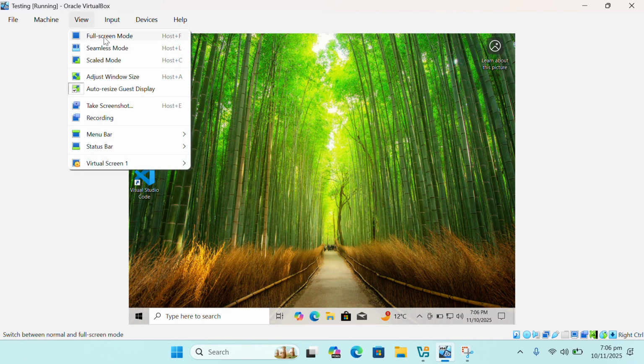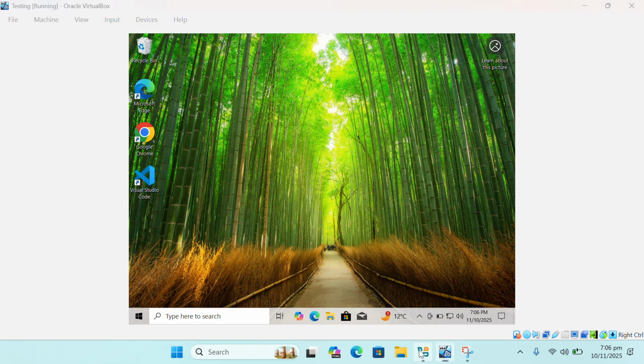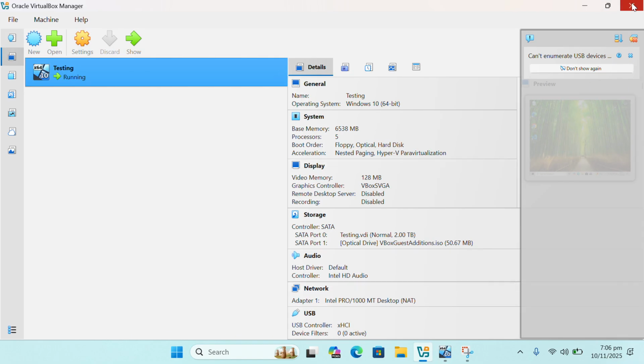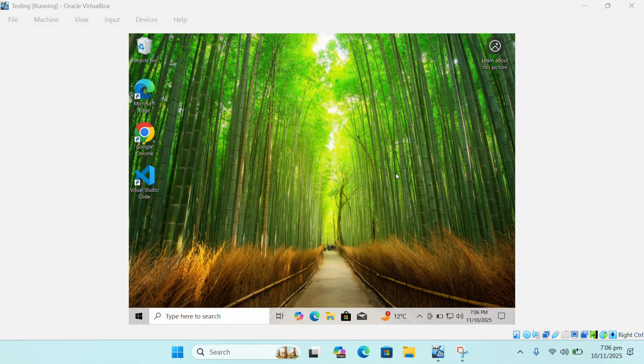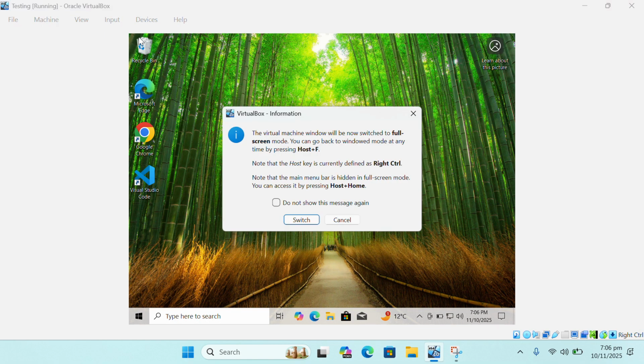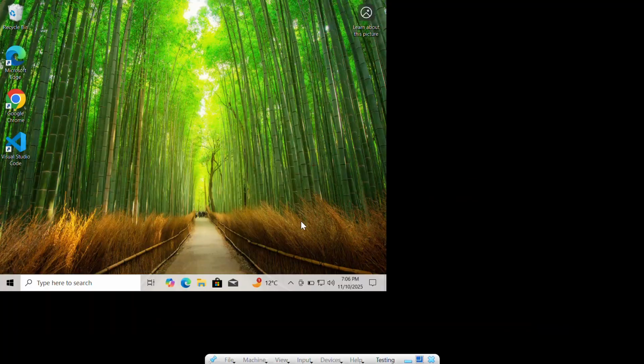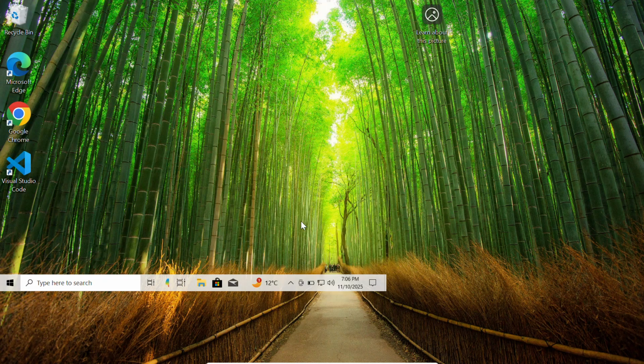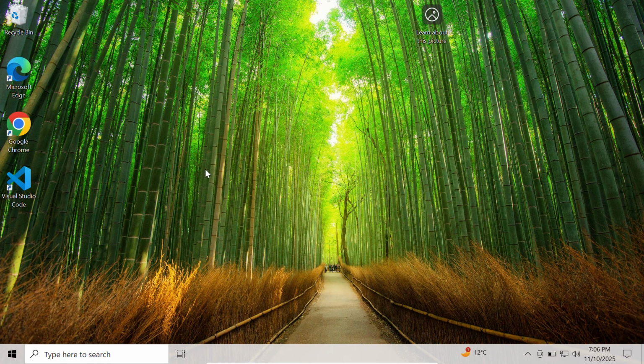Alright, so let's go full screen. But before that, I want to turn off anything else which is not needed right now so we can fully focus on what is needed to be done. Alright, now that this beautiful desktop is ready, open up Google Chrome